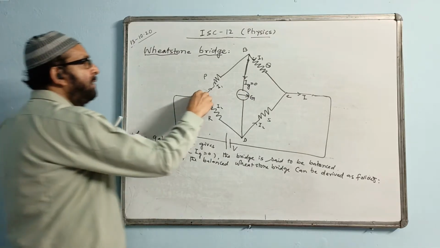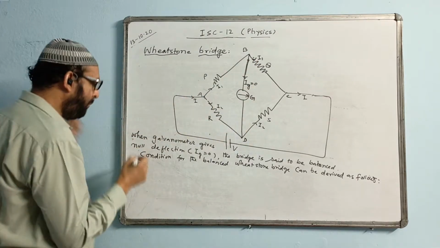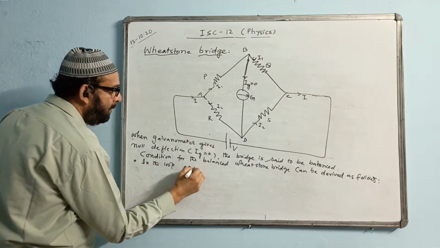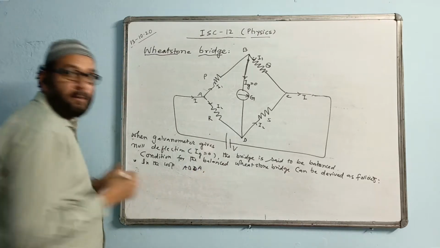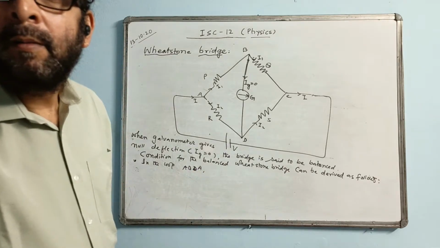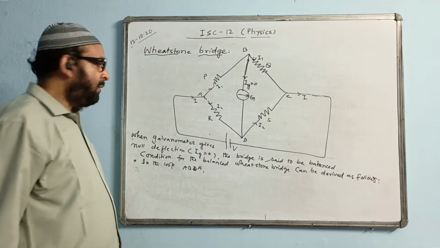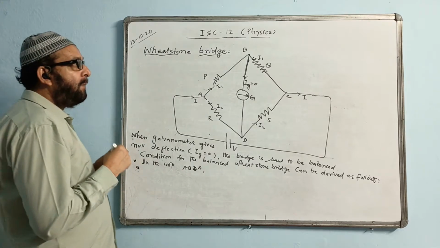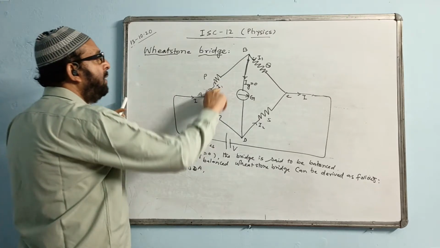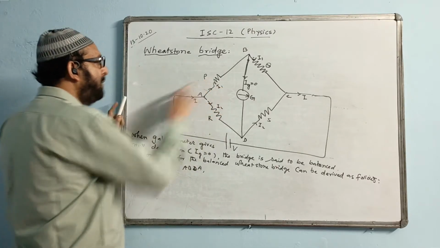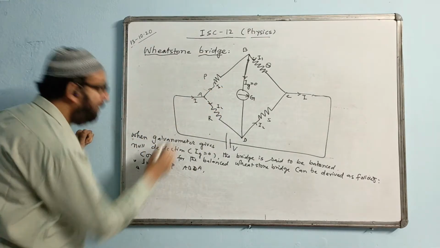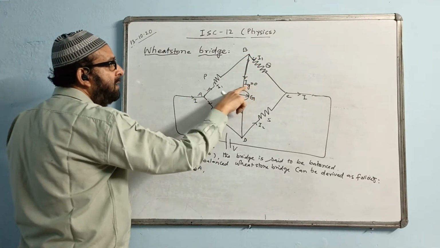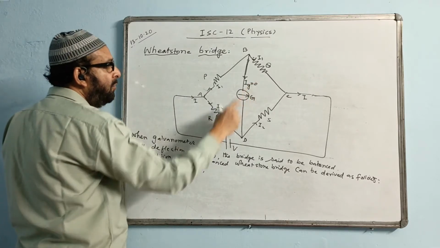Now I take the loop out here. The Kirchhoff law I am using out here. In the loop A B D A, I apply Kirchhoff's law for the closed path. Here, what is the current and resistance? Current is I1 and the resistance is P. I write I1 P. Actually I am supposed to write Ig into G, but Ig value is 0, so 0 into G answer will be 0. So I will not write that.